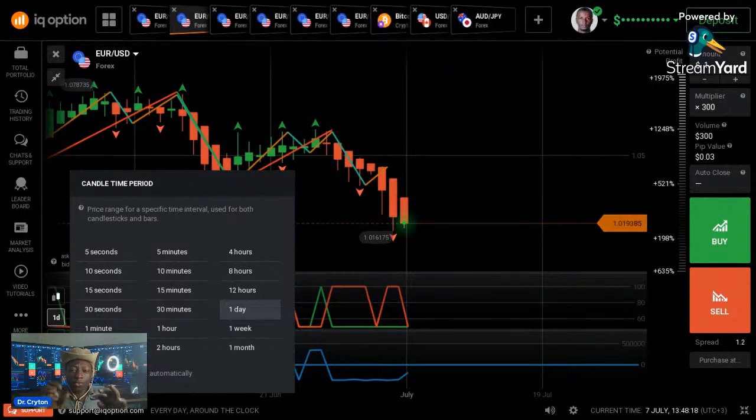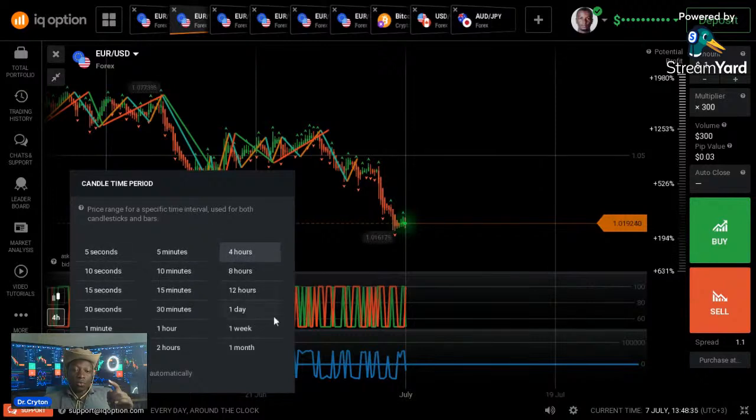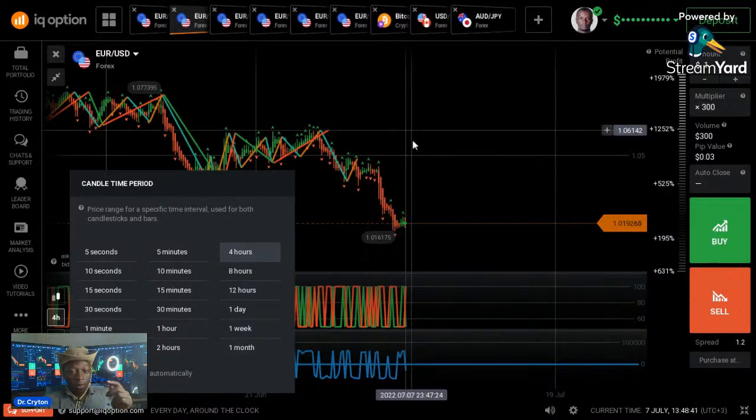But if you reduce it to Aroon 2, and then after reducing it you scale your time interval to 4 hour, this category here, it works. The Aroon 2 works in this last category from 4 hours to 30 days or 1 month. So it works in 8 hours, 12 hours, 1 day, 1 week, and 1 month. So starting with